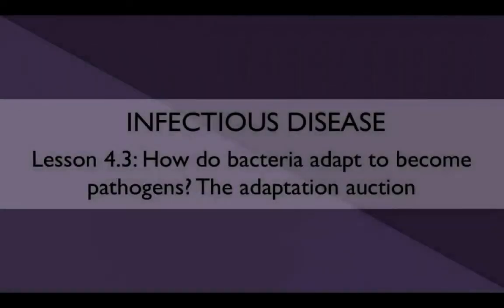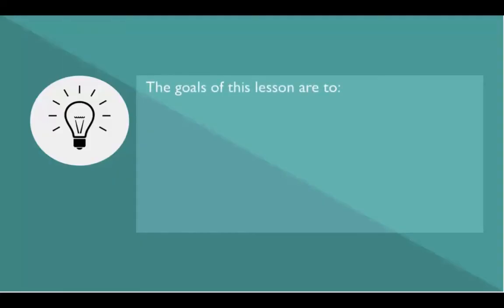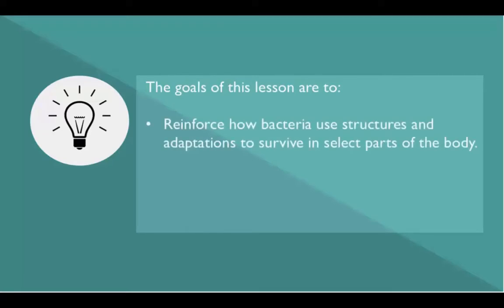Welcome to Infectious Disease Lesson 4.3, How do Bacteria Adapt to Become Pathogens? The Adaptation Auction. The goals of this lesson are to reinforce how bacteria use structures and adaptations to survive in